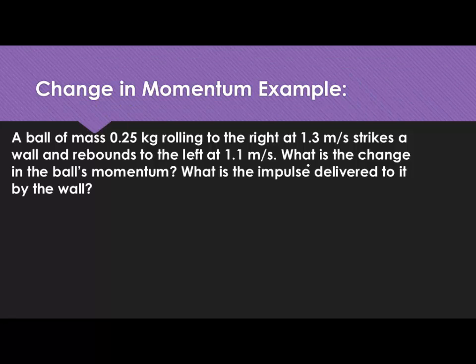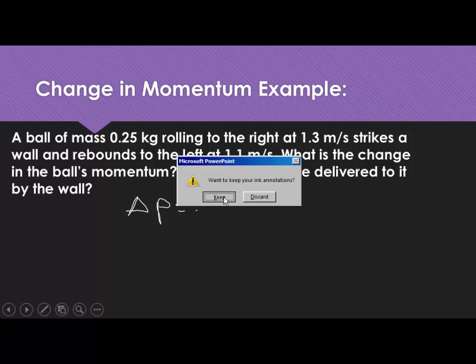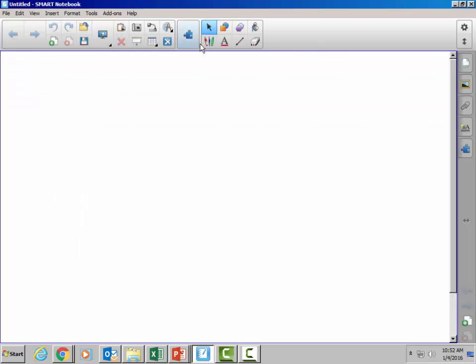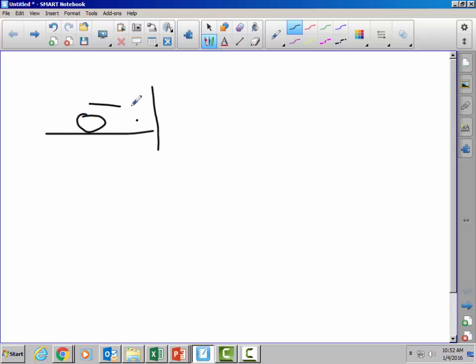So what is the change in the ball's momentum, and then what is the impulse delivered to it by the wall? So we want to know the change in momentum. So let's take a look and see what's happening in this example. So I'm going to exit out of this real quick and go to my